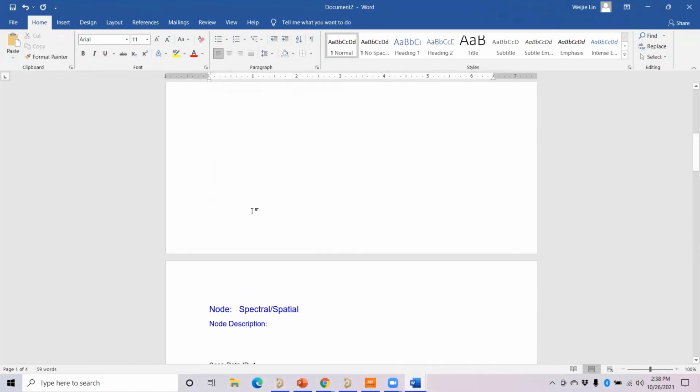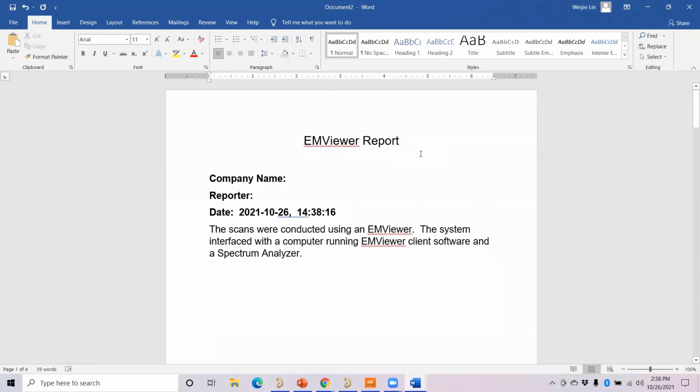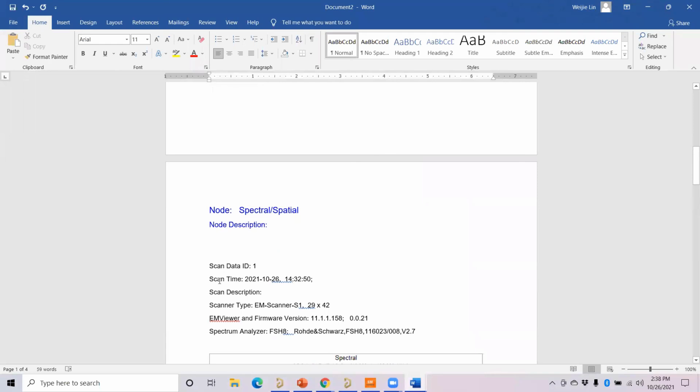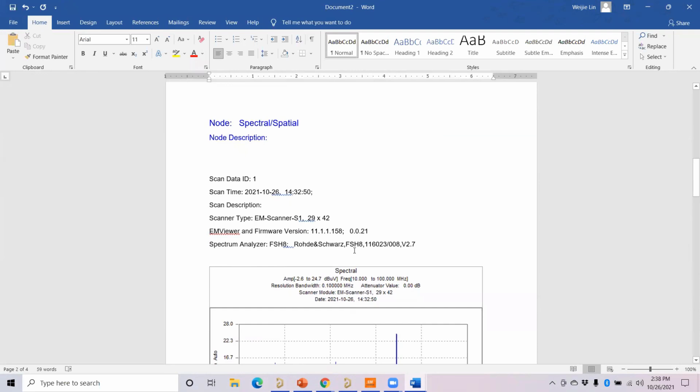So you will see the details. Your report has the company name, the date, and then you can see the spectral and spatial scan data, then the scan description, all the information you can see here. So what spectrum analyzer I'm using, you can see it, because I have linked my spectrum analyzer to the EM scanner.